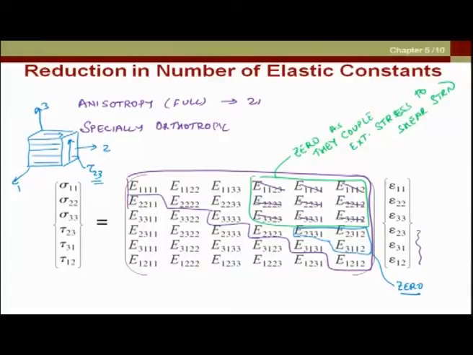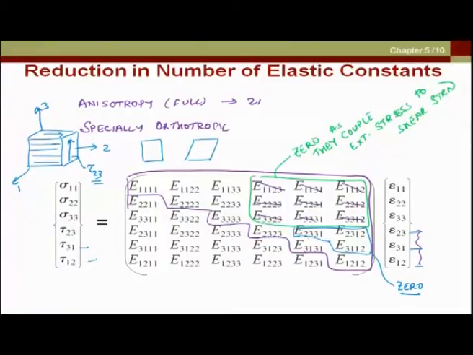The second thing is this tau 2 3 will only generate shear in that plane. So, initially the block is like this and later the block will become like this. It will not shear in the 3-1 plane or in the 1-2 plane, okay. And these terms 2-3-3-1, 2-3-1-2, 3-1-1-2, they couple shear in other planes also. So, they will also be 0, okay. So, tau 2 3 will only generate epsilon 2 3, tau 3 1 will only generate epsilon 3 1, and tau 1 2 will only generate epsilon 1 2, okay.